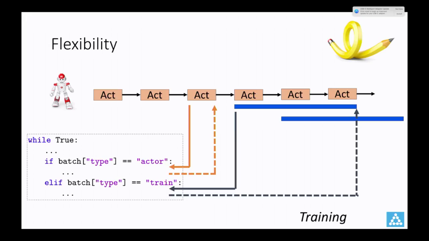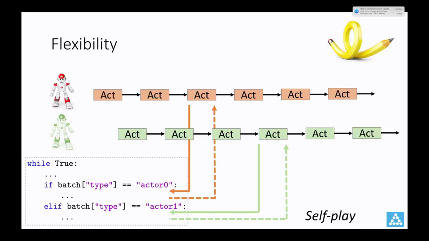In that case, we just collect the data from the most recent agent trajectories and add a branch in the while loop to deal with the trajectories to update the model parameters. At the same time, the active branch is still driving the agent forward. So what if we want to do self-play, which is also very easy? Each time, we can just add a new agent in the environment and have two branches dealing with the two agents independently. ELF has a built-in mechanism to automatically group the relevant states together and send them to the right agent and the right network.